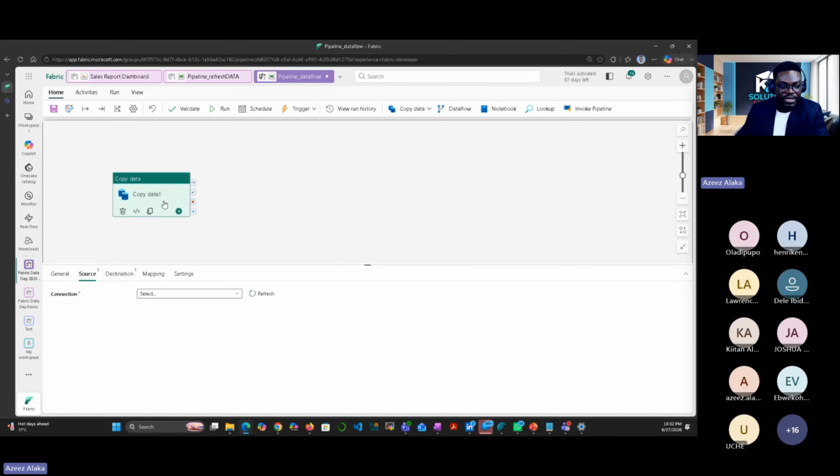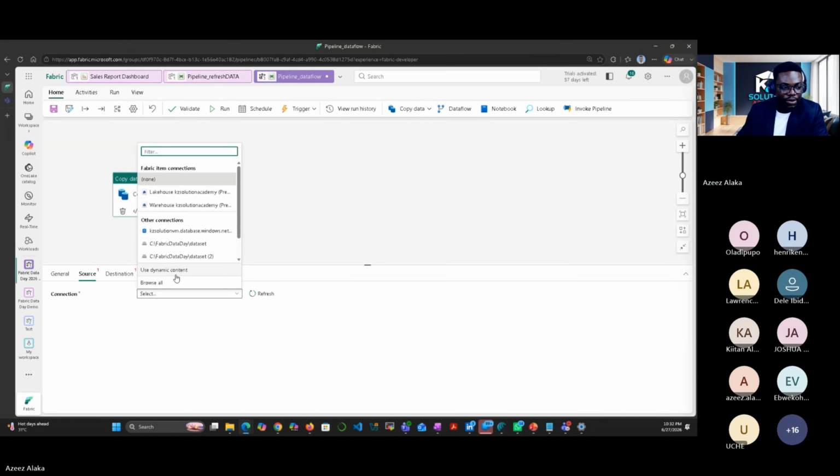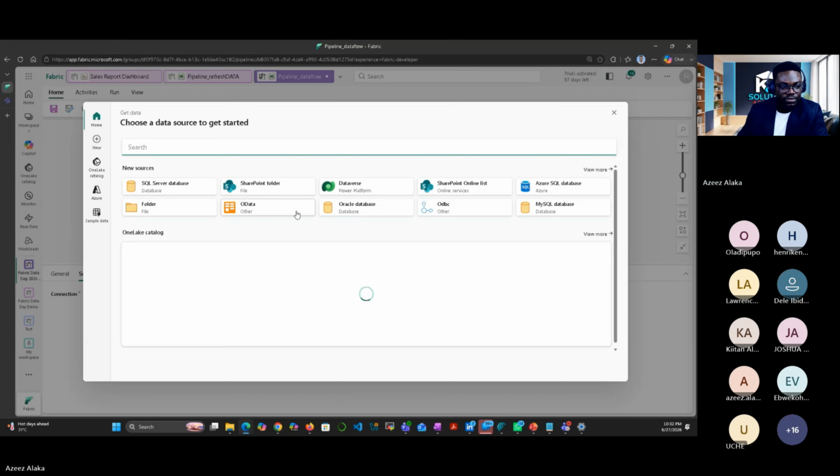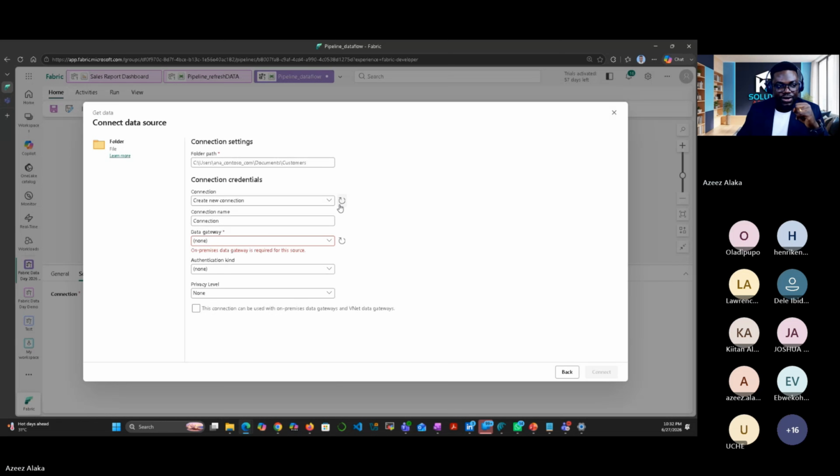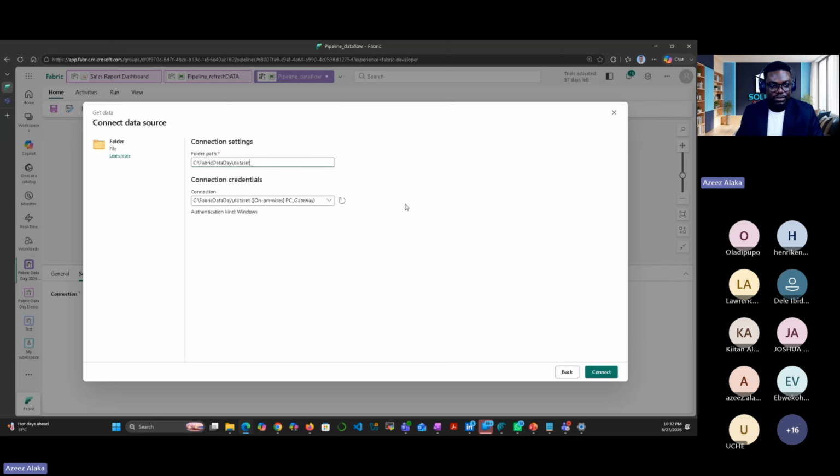So we are here, copy data. On the source, connection, I'll click on browse all. Just the same thing we did the other time. Then folder, remember we copied the path. Automatically the gateway is selected. How do you get the gateway when you are doing it by yourself? I'm going to go back again.